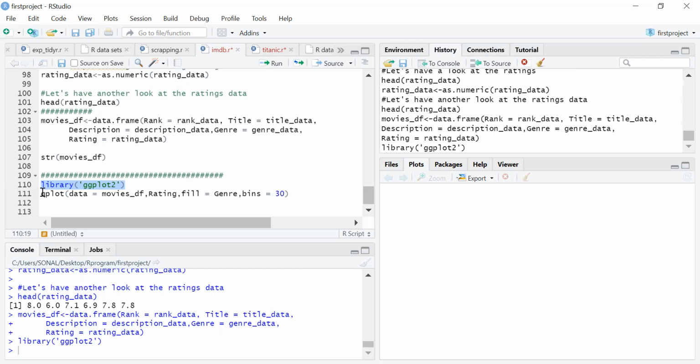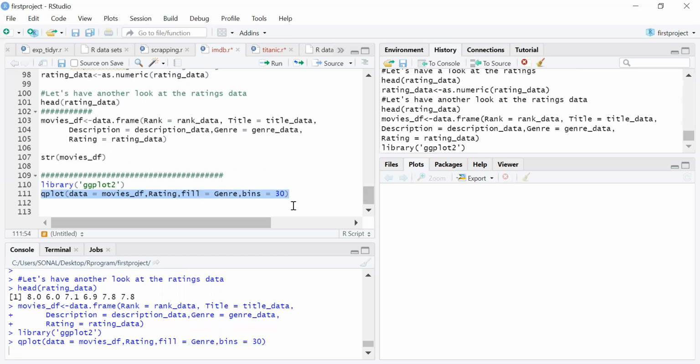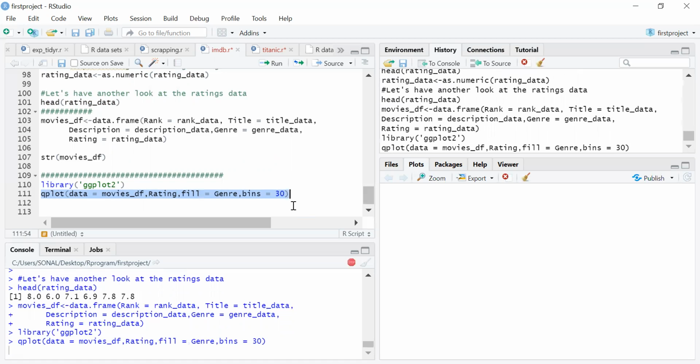So we require the ggplot2 library for plotting the data. Might take some time.